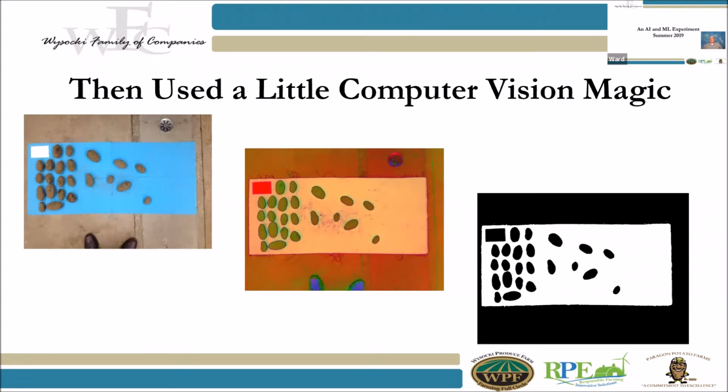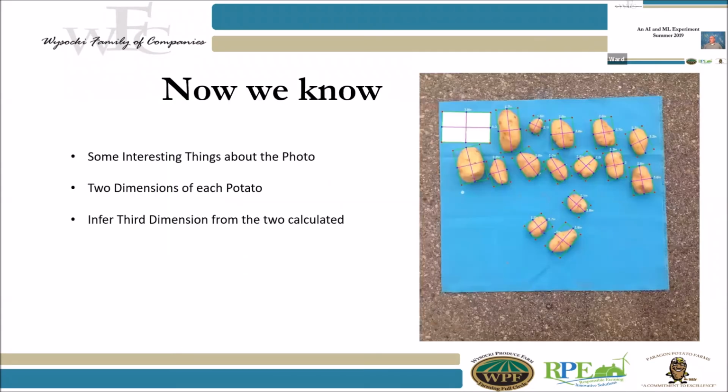It was an edge detection algorithm that did kind of a square fitting and said, okay, draw boxes around the potatoes. This is a different run, by the way, if you caught that. Some interesting things about this photo is you can see this is 3.9 by 6 was the actual measurement. We told it, no, that's 4 by 6. And then it measured every potato on the screen. And now what we can do is we can have a log of every potato in that run.